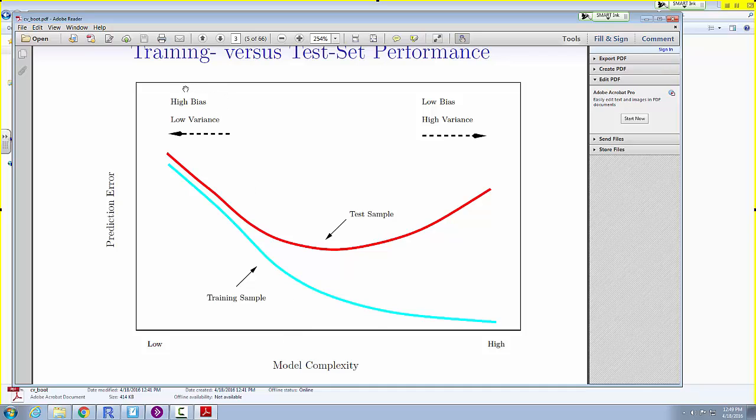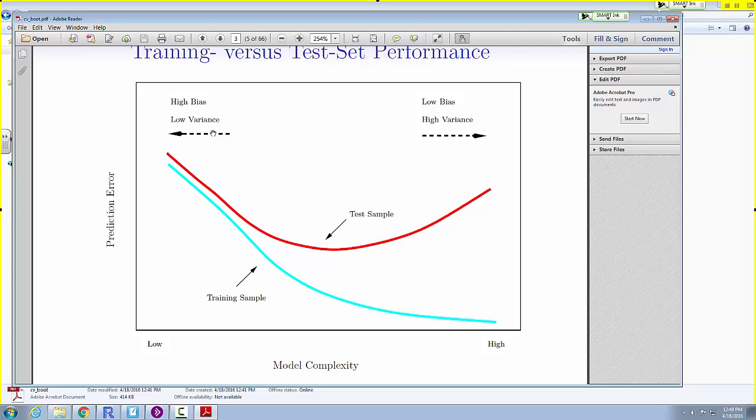When you have low complexity, you tend to have high bias because most problems are not really linear. Linearity is a simple model that has some nice characteristics to it, but it's not generally expected to perfectly represent complex systems in the real world. High bias, but low variance, because fitting lines is less susceptible to the specific collection of observations you have than